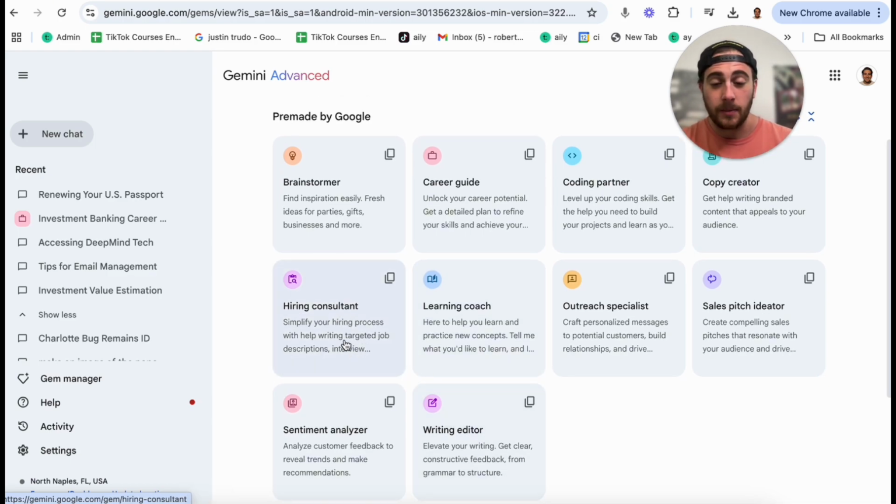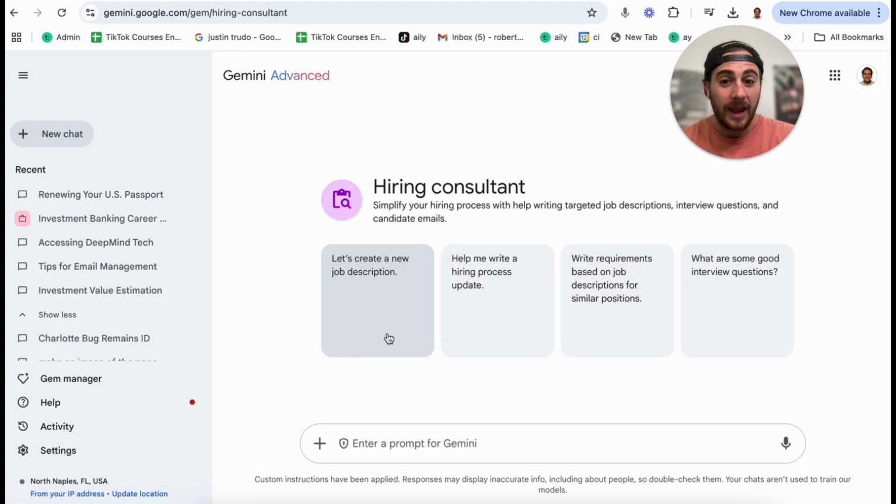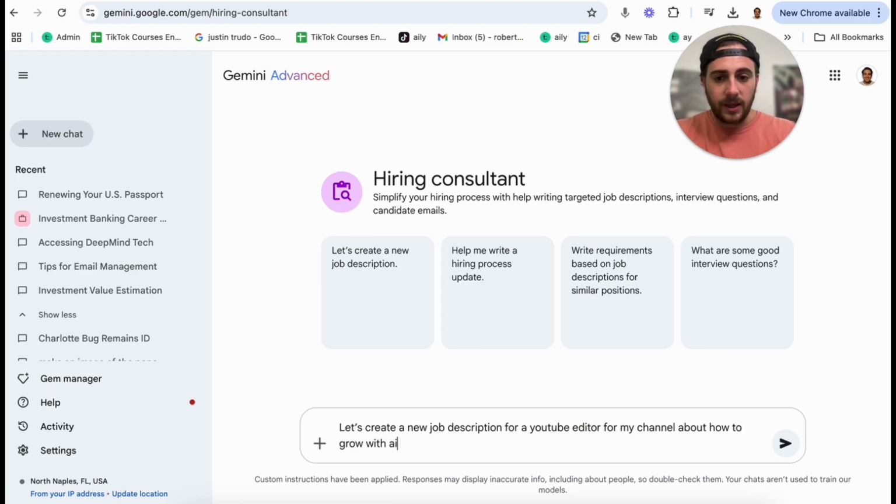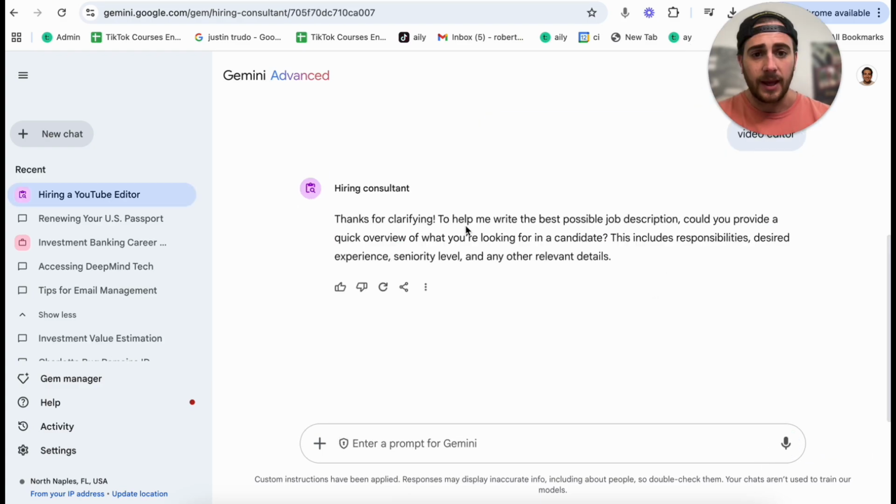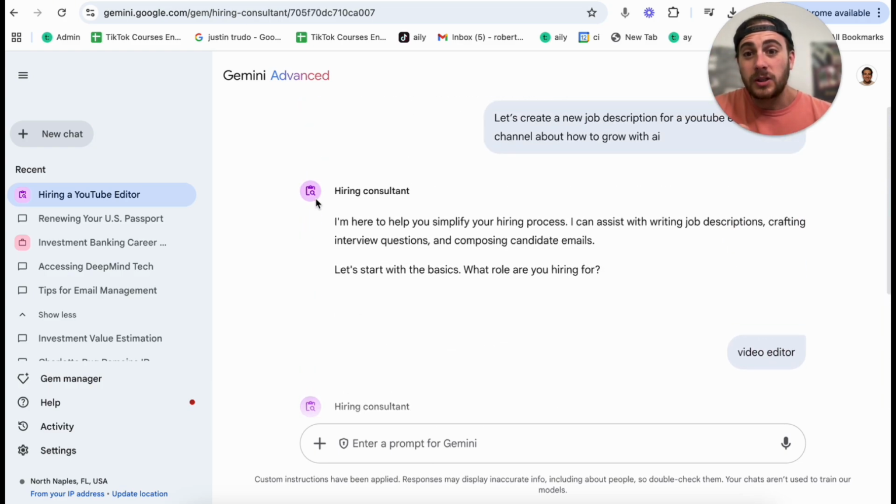For example, let's come under hiring consultant right here, and this is going to have a bunch of different prompts here. For example, I need to hire a new YouTube editor, so I am going to click, let's create a job description for a YouTube editor for my channel about how to grow with AI, and we are going to put this in here, and it is going to say, in order for me to write the best job description possible, could you please provide me a quick overview, including responsibilities, desired experience level, seniority. So I'm going to go through, type all that in,